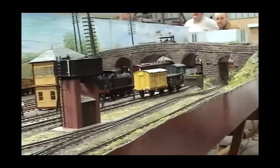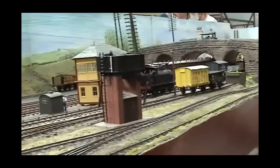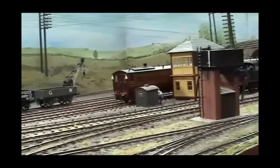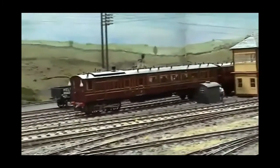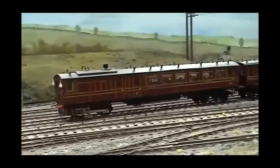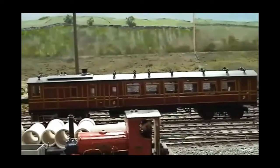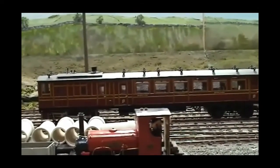The next train through the bridge is a Midland Railway steam rail motor, built by John Patrick from a Home of O-gauge kit. These did actually work in the Heysham area for a short time prior to the electrification in 1908. So the justification for running this is that it was on its way to Heysham to replace a failed